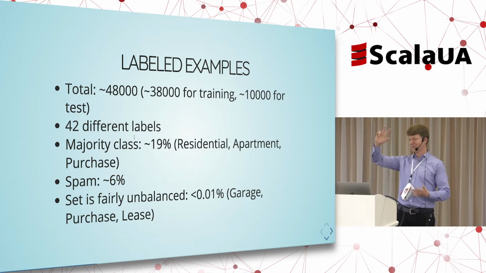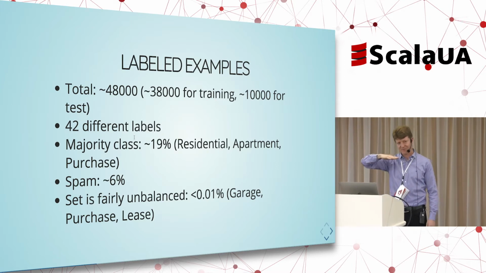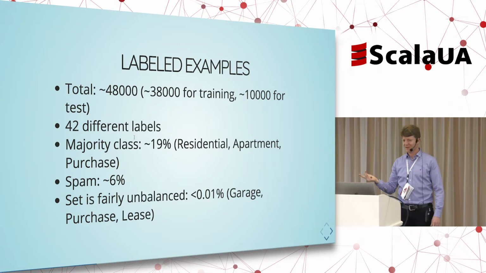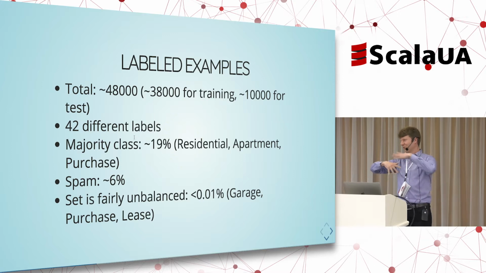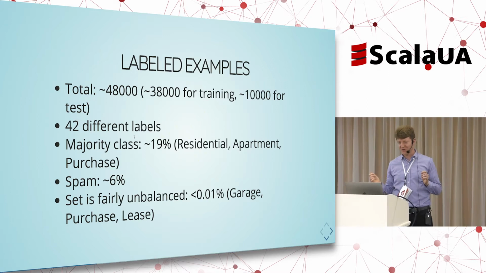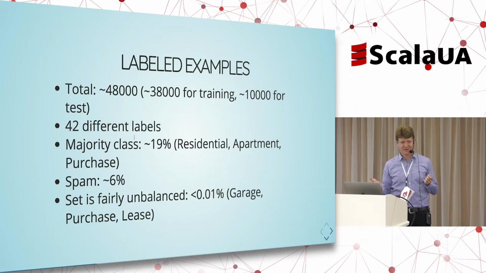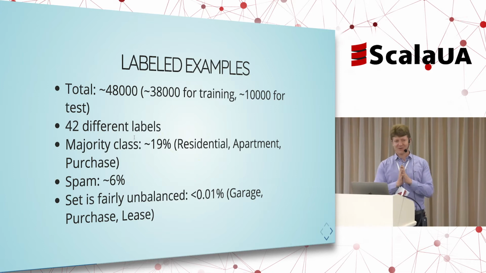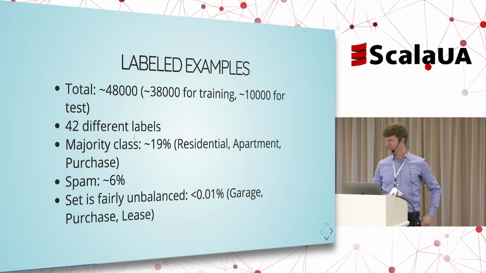You already saw these 3 different kinds of axes: the property type, the property subtype, and the listing category. If you look at all possible combinations, you would end up with a value of 150 or maybe even more. But in reality, not all of these combinations really make sense. So you won't have a residential office, for example, unless you really want to live in your office, but normally that should not happen. And so in total, we had 42 effective labels that could be found in the